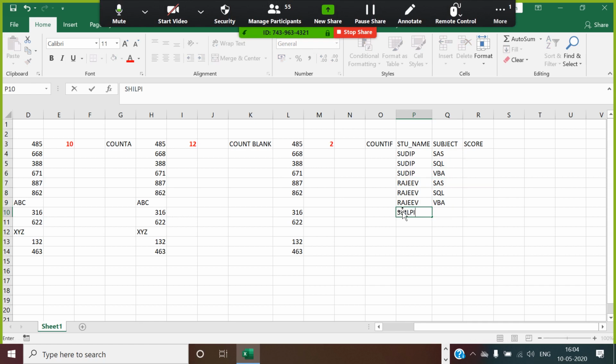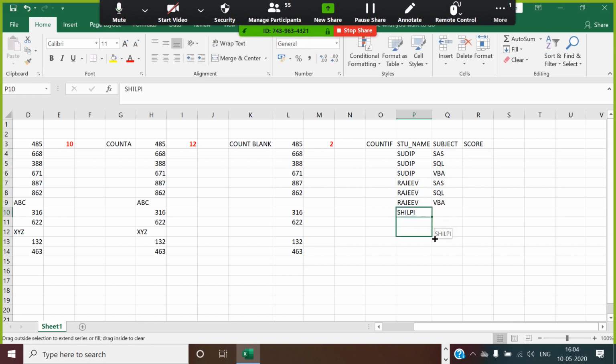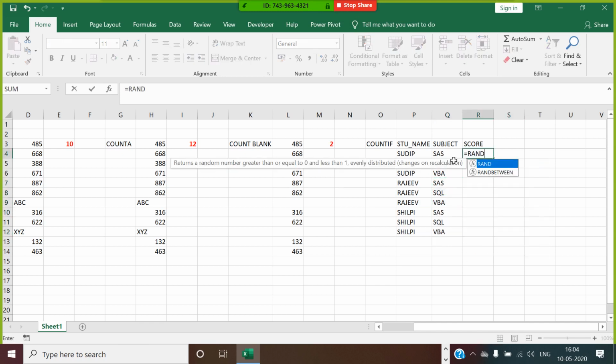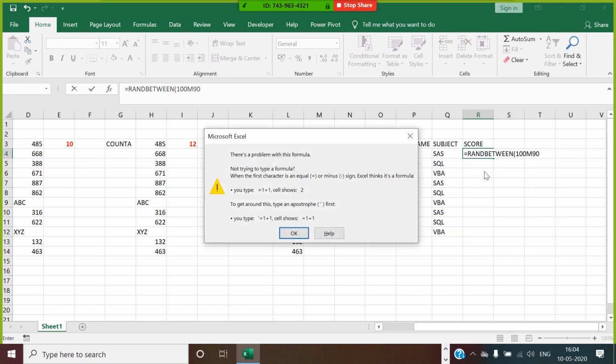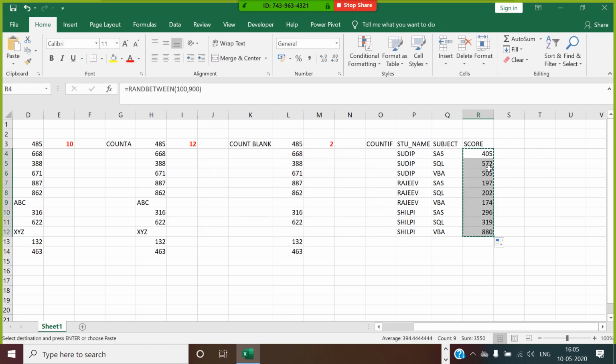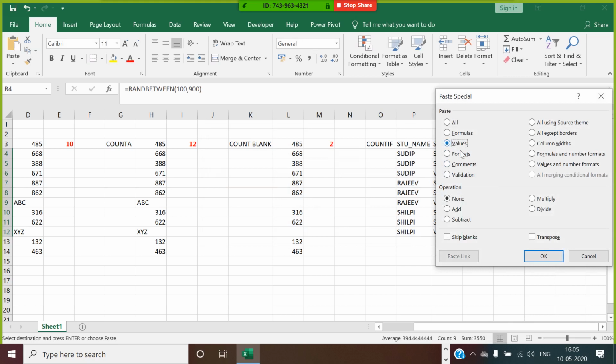Same way it is given Silpi, which is given for these three subjects. And the score is given 100 to 900. So Control C, paste special values.